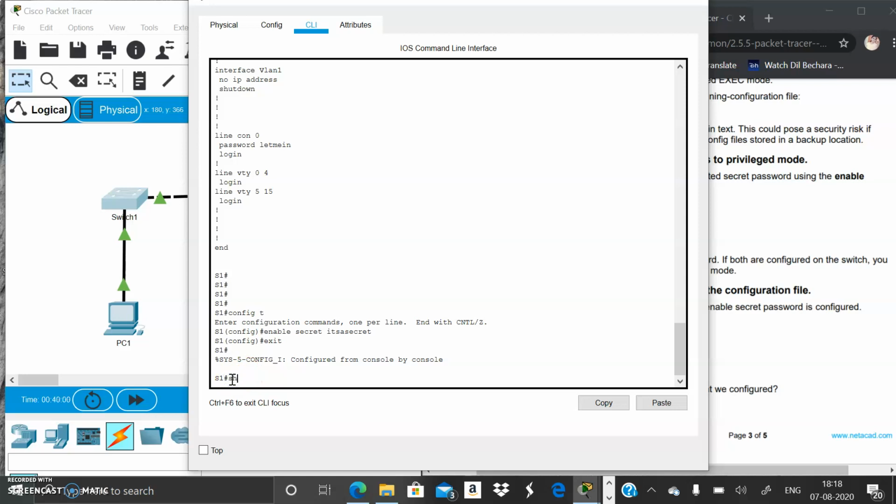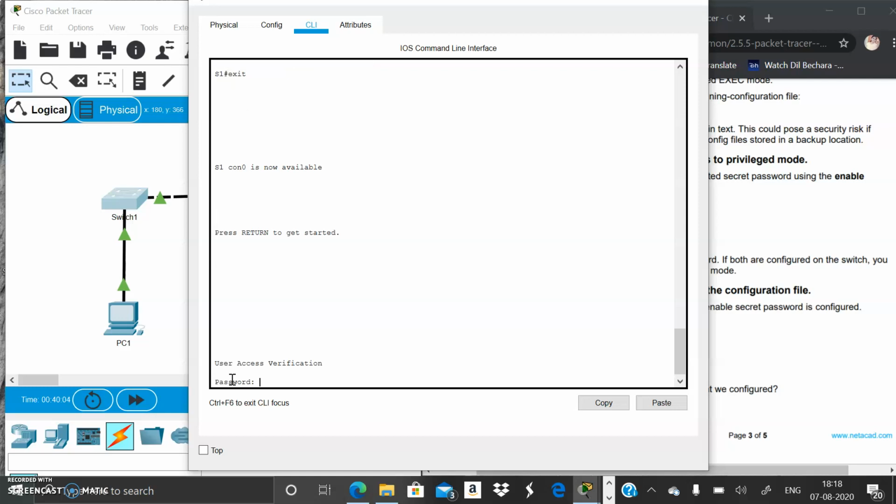Here, I will exit from here. Now let main for the console password, and enable for entering into the privileged exec mode. When I enter the earlier password, now I am entering C1$C0, then it will show password again. See that.